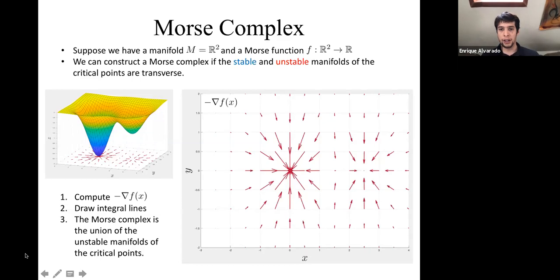First, you compute the negative gradient field on your xy plane, and that's what's shown in red. And what the Morse complex is, is that you take the unstable manifolds of your critical points, starting from the index 0 critical points, growing up to the index, well, whatever you have critical points. In this case, we just have index 1. So on the next slide,